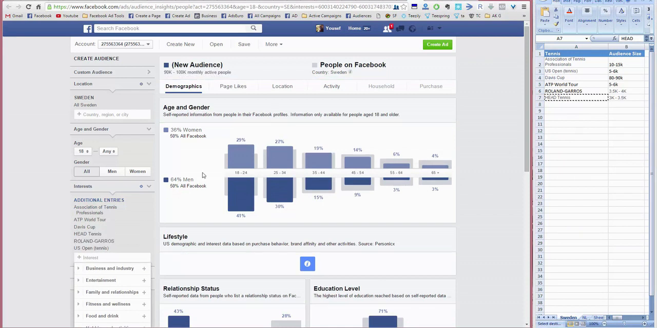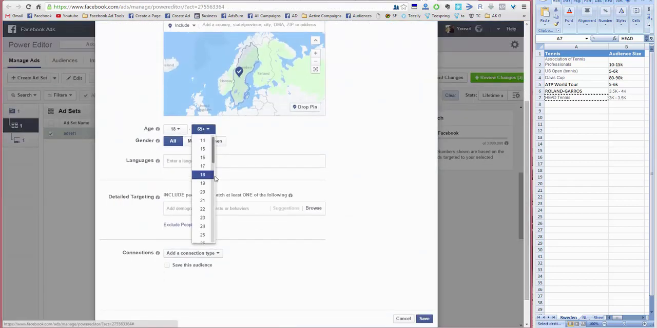So, we see here that 64% are men and 36% are women. The ages are easy a bit here because it's from 18 to 44. So let's pick the age. Let's go with 18 to 44. Of course, you can split ages